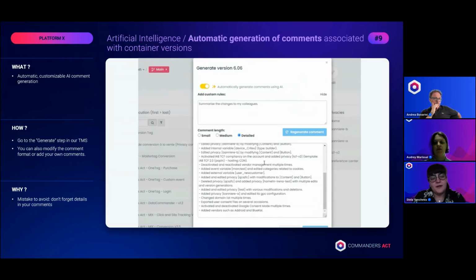The comments are added via AI, and you can also choose the degree of the comment, if it's small and granular, or medium, or very detailed, where you can write down everything that has happened. You can also add or fix some of the comments, readjust them, and then, of course, add them to the version.